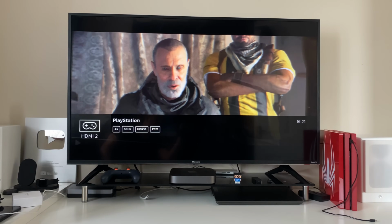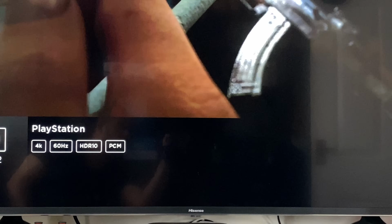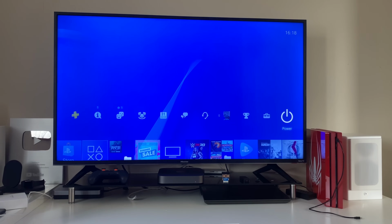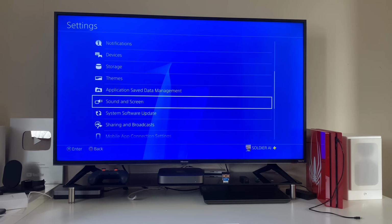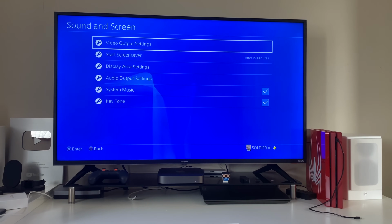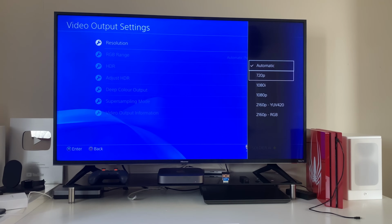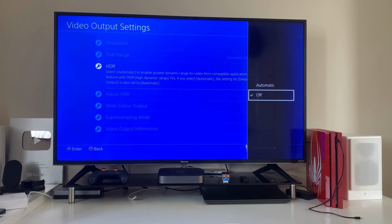Now, your PlayStation Pro, like magic, will recognize its true potential as a 4K gaming beast. You will see the resolution will be 4K. However, to enable HDR, you need to do one more step. Just go to the PlayStation 4 main settings and select sound and screen, and then select video output settings, and from here you'll be able to see the resolution is now 4K and HDR can now be enabled with no